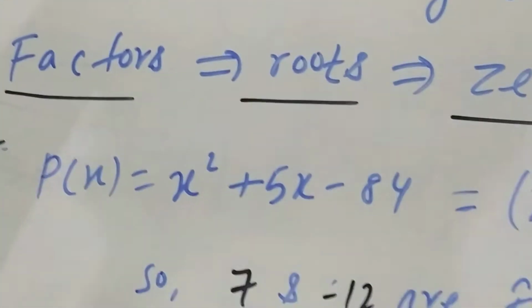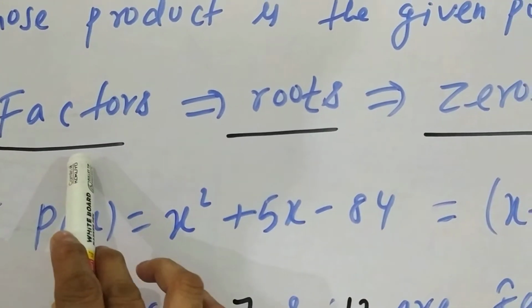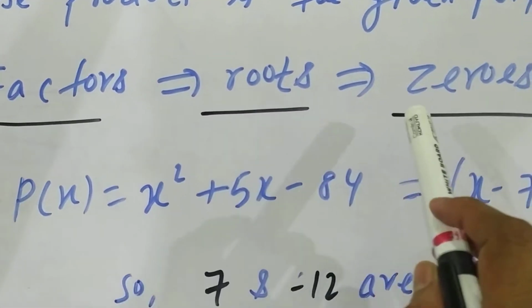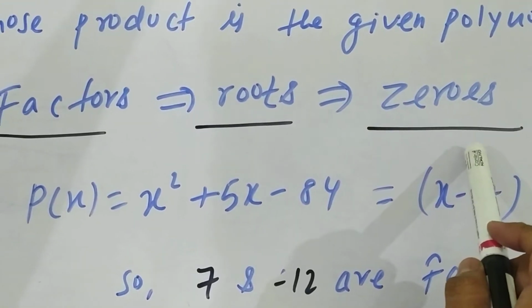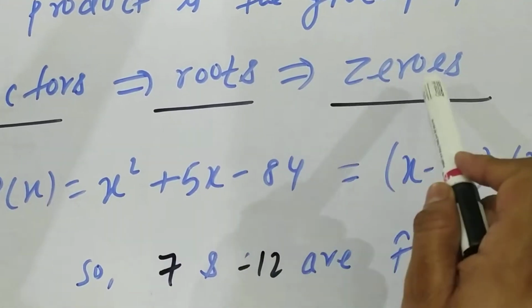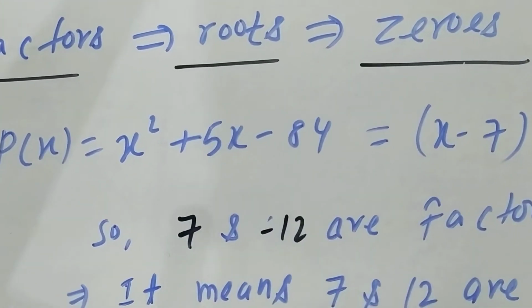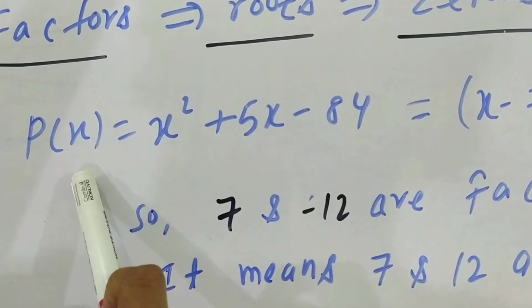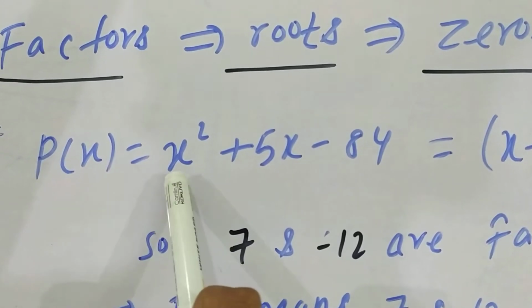So factors are nothing but roots. What is the other name? Zeros. Factors, roots, zeros. So let me give you an example. Suppose I have one polynomial p of x equal to x square plus